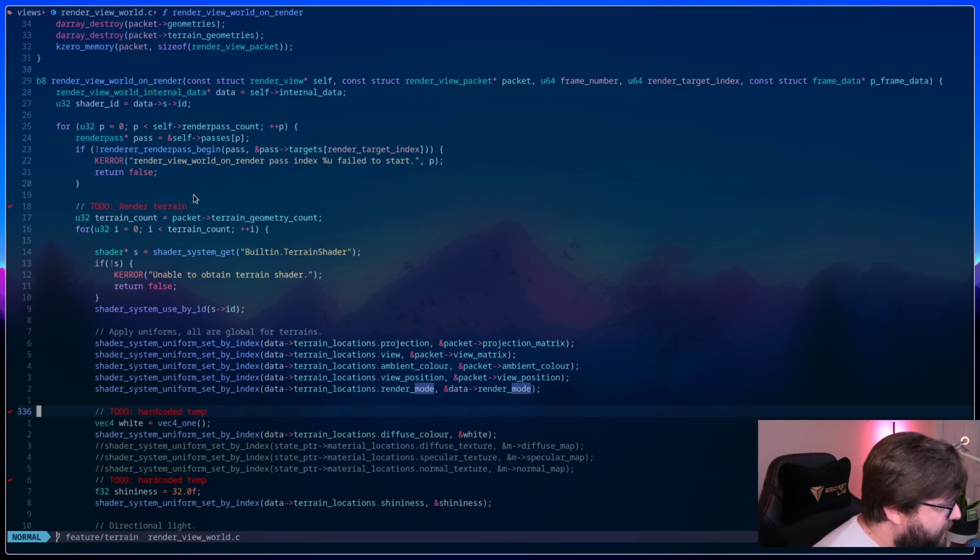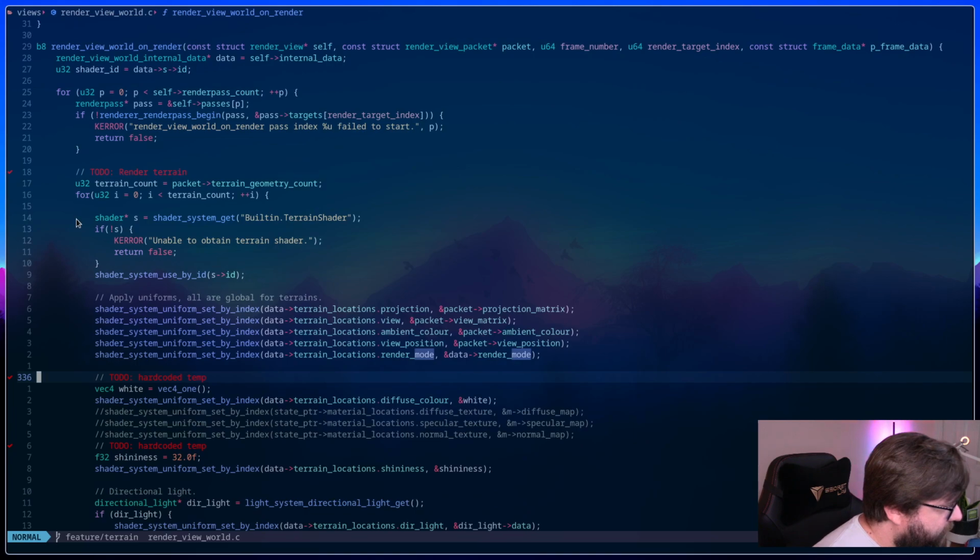We go through the render passes. We begin the render pass. We have each terrain. For each terrain, this is rather inefficient, actually. So we're getting the shader every single time for every terrain, which is dumb. We're checking that every single time, and then we're also using that shader repeatedly, which is also not great.